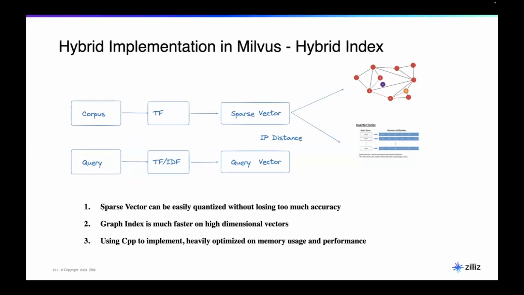That's why in Milvus 2.5, what we built is something called a hybrid index, right? It's a little bit different from a traditional index. There are two major differences. First of all, we have multiple different index implementations. Instead of just using an inverted index, we also have a graph index, which, if you are familiar with vector databases, is what we do for dense embedding as well.